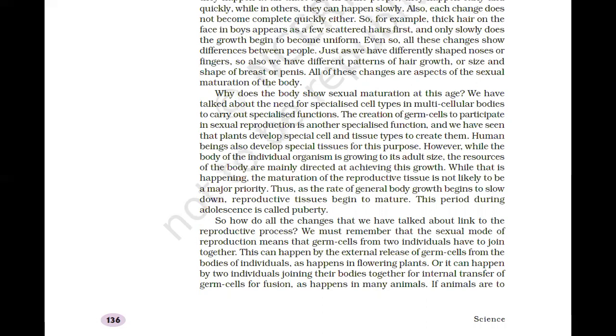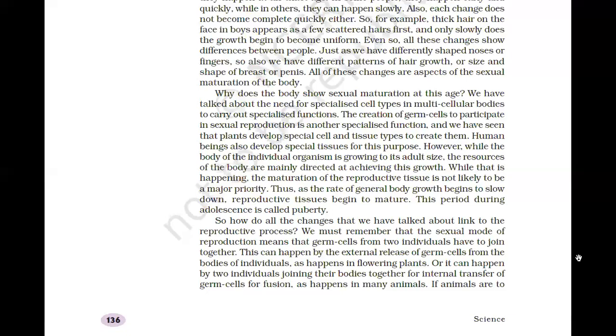So, how do all the changes that we have talked about link to the reproductive process? We must remember that the sexual mode of reproduction means that germ cells from two individuals have to join together. This can happen by the external release of germ cells from the bodies of individuals, as happens in flowering plants, or it can happen by two individuals joining their bodies together for internal transfer of germ cells for fusion, as